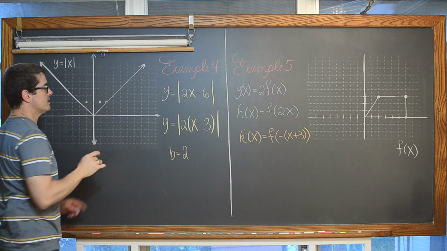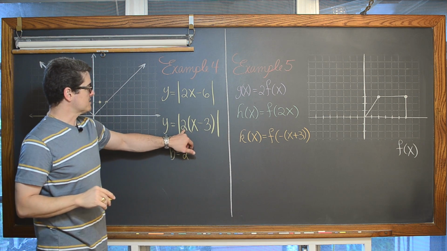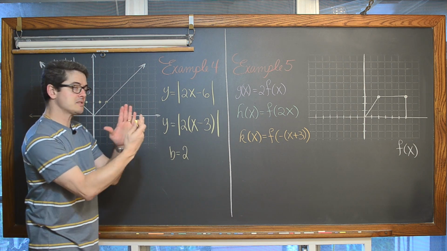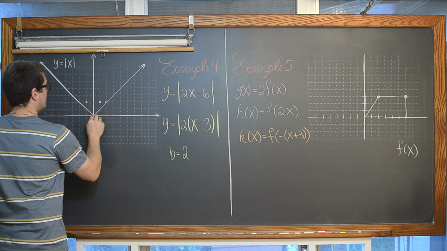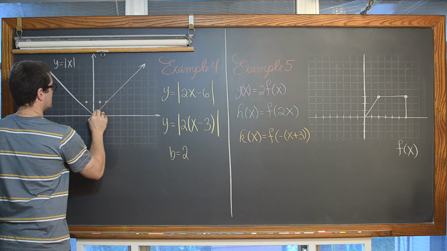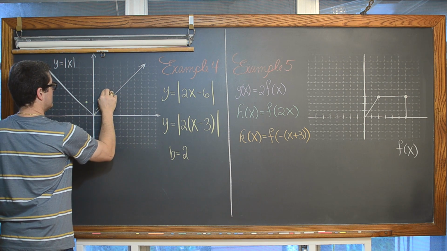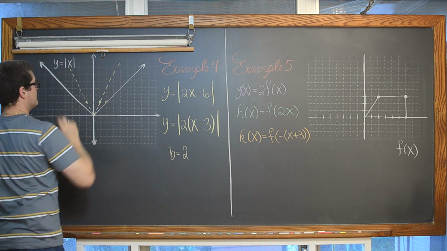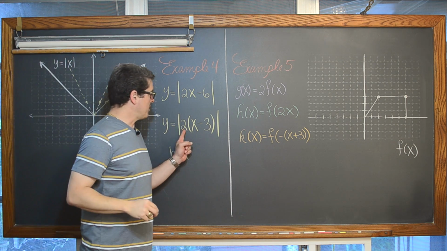And so if we look at just the effects of this, this b value of 2 compressing the graph horizontally, you would see a graph that looks like this. And I'm going to dot it because we're not really done with the sketch. Now, we've applied that